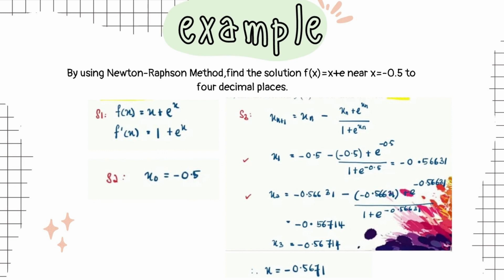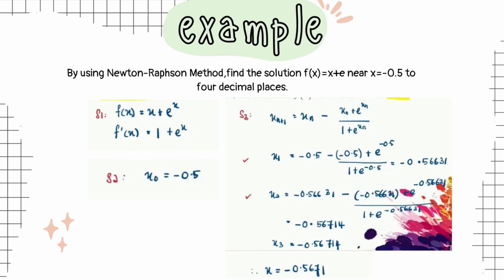Again, press the calculator and you will get the answer in 5 decimal places, because the question asks for 4 decimal places, and we give one extra. So here you get negative 0.56714. Now this is the first substitution and this is the second substitution. So your working steps, the first two substitutions, must be shown. For x3, you can just press your calculator, so you don't need to show your substitution, and you get the answer negative